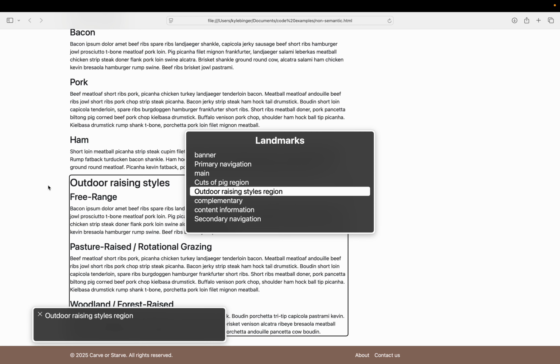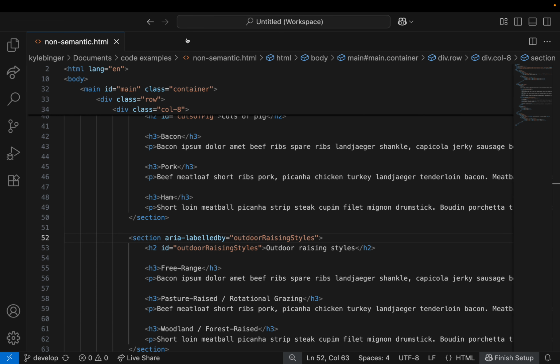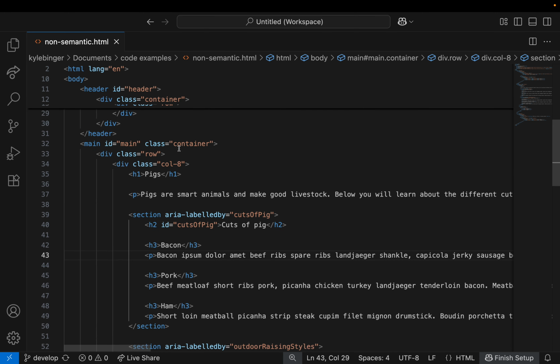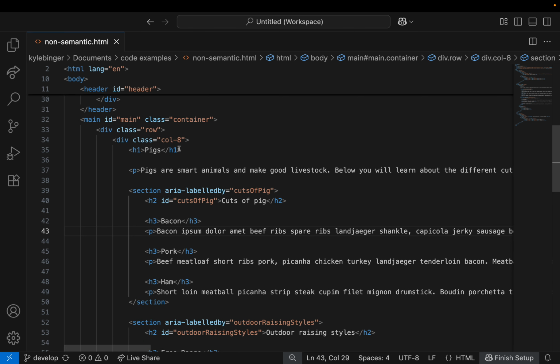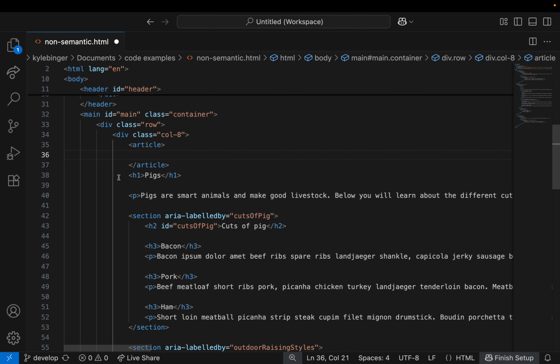Okay, fantastic. This is looking pretty good. There's just a couple of things that we can do for extra credit. So let's go back to our code and see what we can do there. You are currently on VoiceOver off. Okay, now, if we look back within our blog content, some people may be familiar with an article tag. An article tag is typically used for blog posts, forum posts, etc., and its use case fits perfectly here.